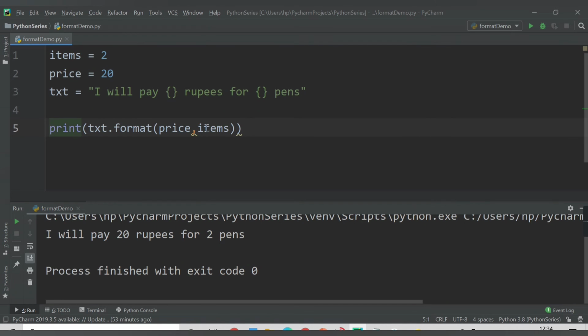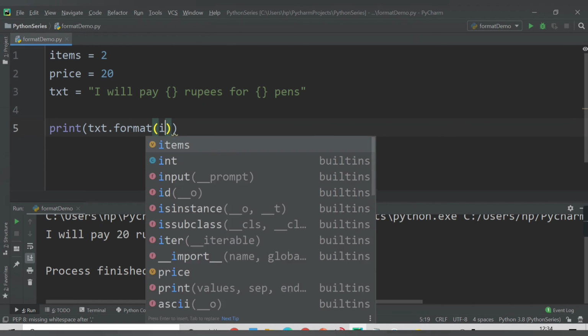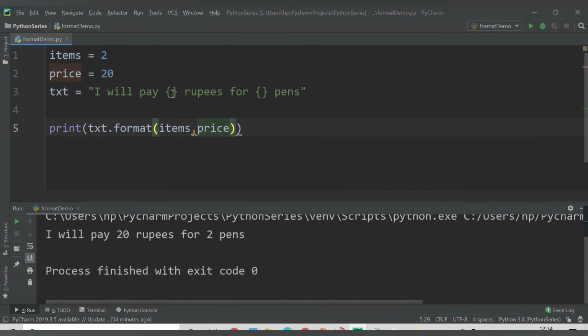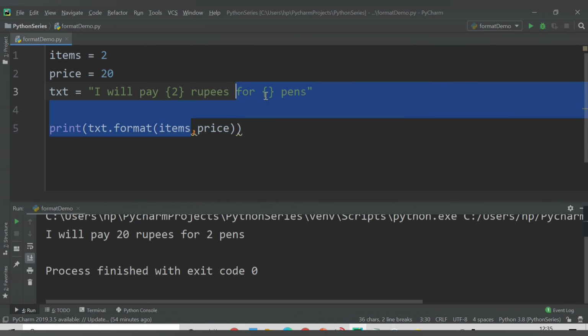Another way to print this is to pass items first and price second, and give numbering to these curly braces. How can we do this? I want price to be printed here, but price is the second one, so I will type 2 here, and here I want the value of items, which is first, so I will write 1.